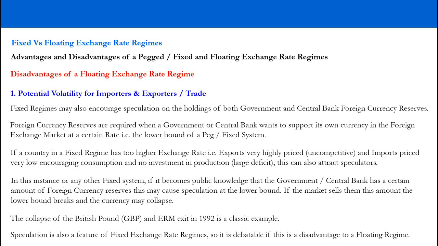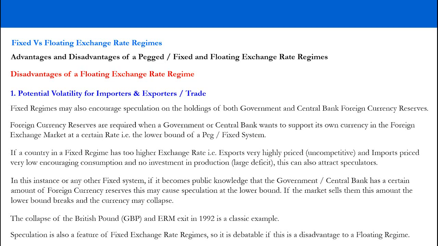If you remember earlier, we talked about the mechanism by which a currency is bought. Well, a currency can't be bought without first selling another one. That's how the international foreign exchange markets work. You automatically sell one currency when you buy another. You have to swap them. And governments and central banks must have foreign currency reserves in order for them to buy their own currency, in order to support it. And this, for example, could be what we call the lower bound of a peg or